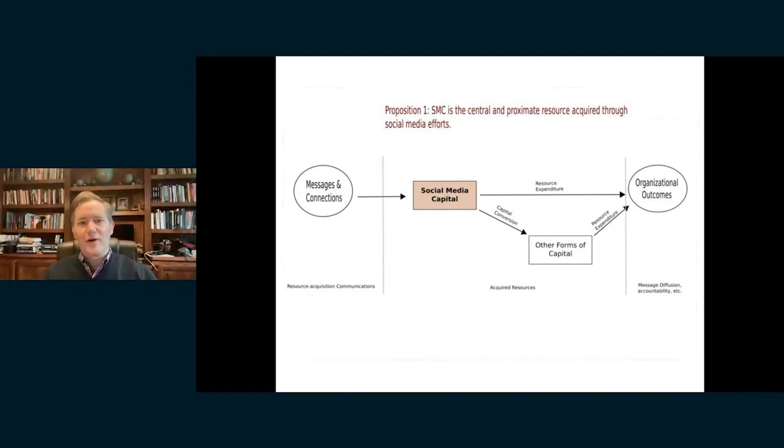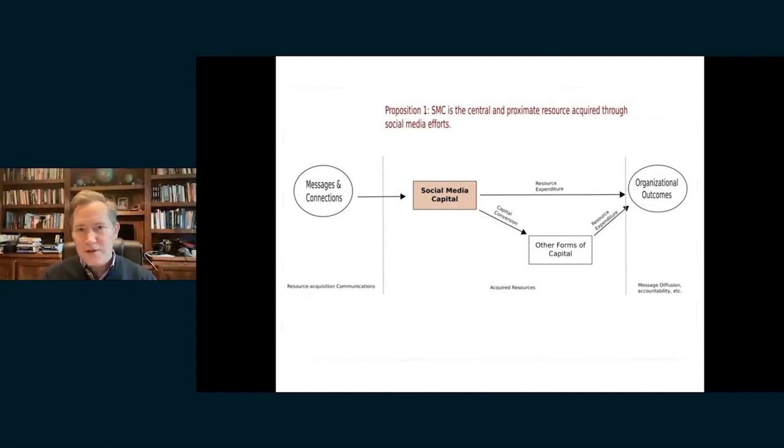What this model is trying to show is that if you want to get to the organizational outcomes, if you want to boost sales from social media, you need to build social media capital first. You need to build these online social resources. And the reason is that on social media, the formalized social networks, those ties among different users, are paramount. It's the key. Almost nothing happens of any use on social media without being mediated by these formal friend and